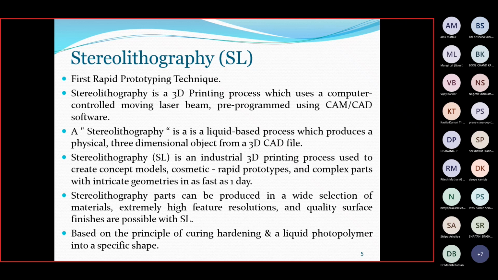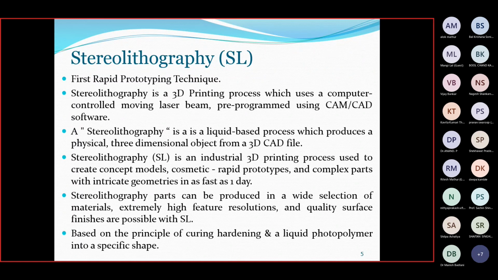In this we generate prototypes, or models, of different objects, and this is a very fast way, so it is a rapid technique. So we are going with that part. Stereolithography, and from now onwards I will say SL or STL. Don't get confused, the same concept.